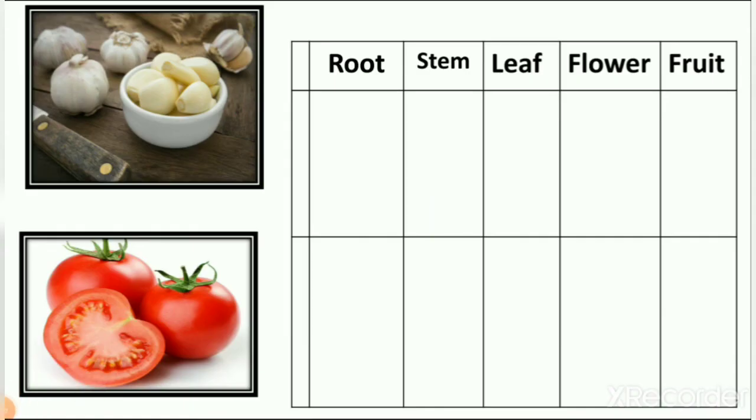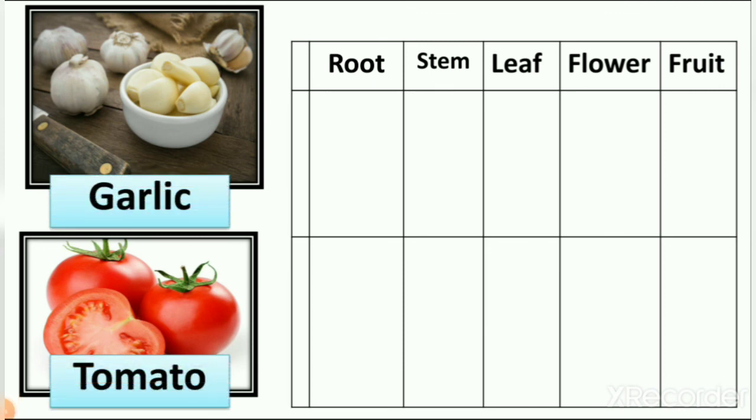It is garlic, right? So you can see here it looks like cashew nuts, right? But it is garlic. Don't eat it like nuts. So for whichever fruit or vegetable, whether root, leaf, flower, whatever it is, we have to tick mark there. So first is garlic and second is tomato. So first we fill the box of garlic, right?